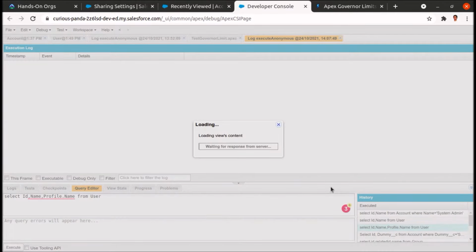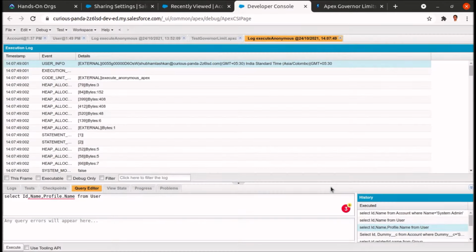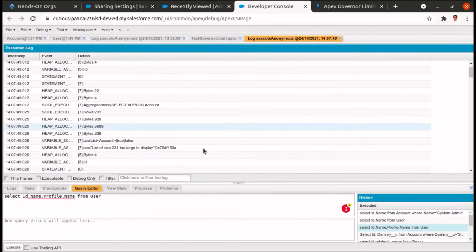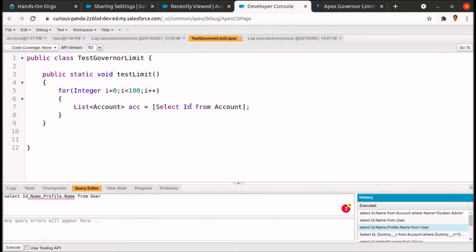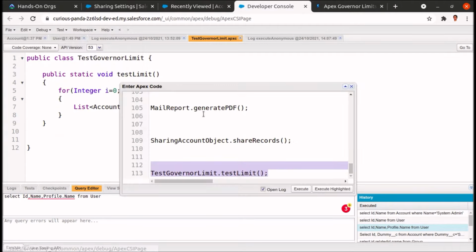You can see that it is allowing me to have 100 SOQL queries in a single transaction. But if I now increase the value from 100 to 101, even a single time, then it will raise an error and not let my program execute.